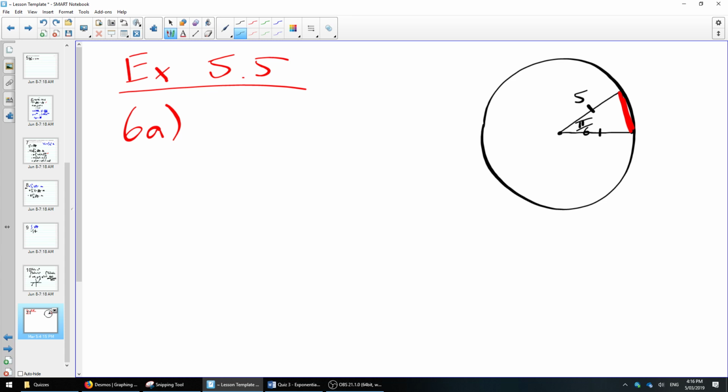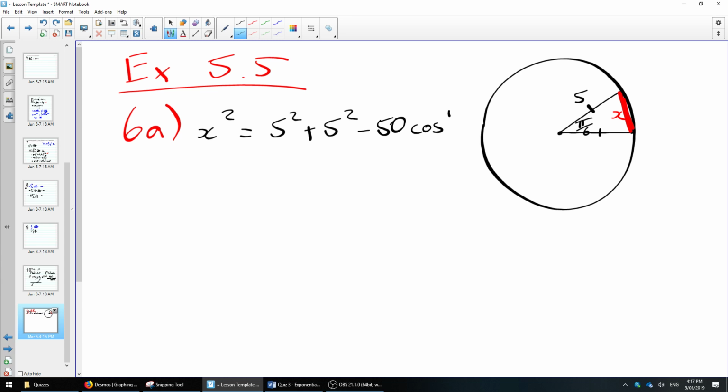So essentially we have a non-right angle triangle. How do you find sides of non-right angle triangles? Going back to year 11. We can use sine rule or cosine rule, because we're trying to find the side. So let's call this x. We could use cosine rule, or we could actually use sine rule, but I'm just going to use cosine rule. So x squared equals 5 squared plus 5 squared minus 2ab, so there'd be minus 50